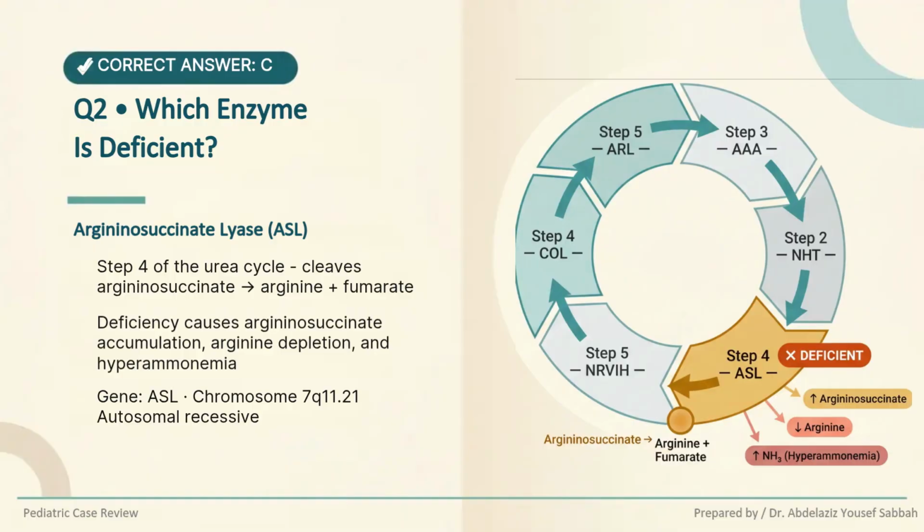The correct answer is option D, argininosuccinate lyase. This enzyme catalyzes step 4 of the urea cycle, where it cleaves argininosuccinate into arginine and fumarate. When argininosuccinate lyase is deficient, argininosuccinate accumulates upstream. Arginine production fails, and ammonia rises because the cycle cannot proceed. The combination of high argininosuccinate and low arginine in this case is the classic biochemical signature of this enzyme block. The responsible gene is the ASL gene, located on chromosome 7, and the condition is inherited in an autosomal recessive